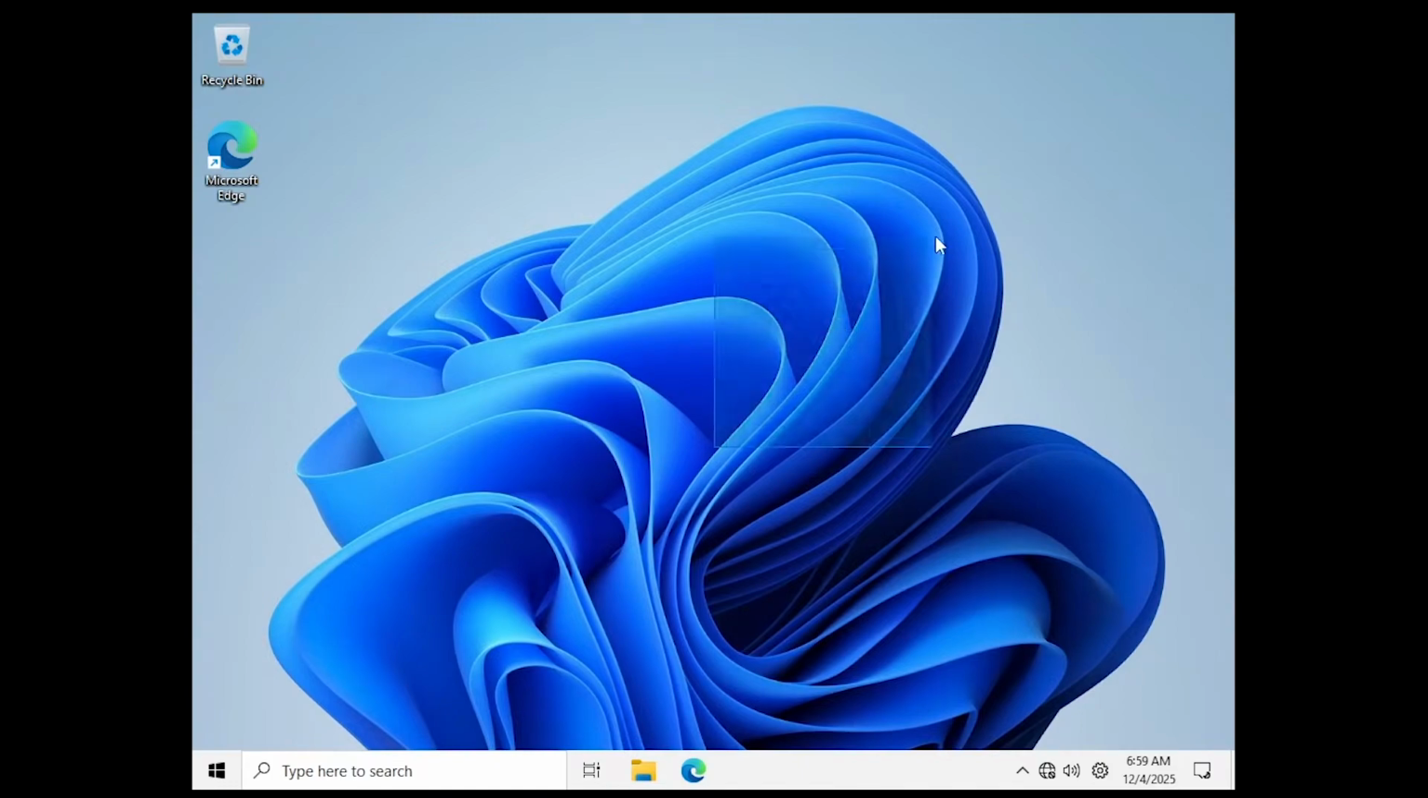And as you can see, we're on the desktop. I don't know why we have the Windows 10 taskbar right here. We're on Windows 11, but